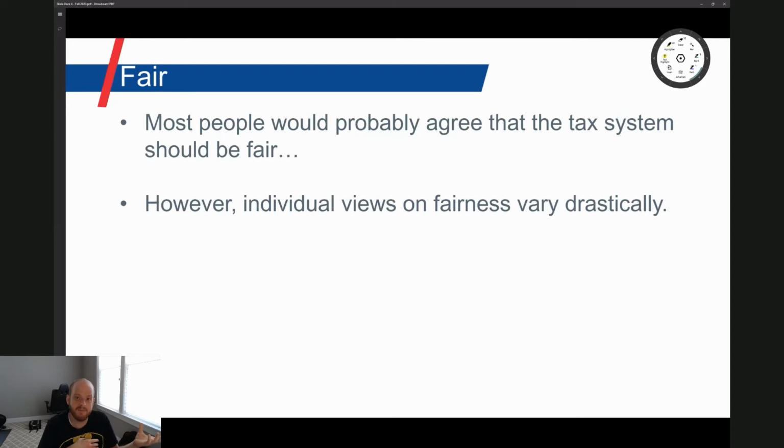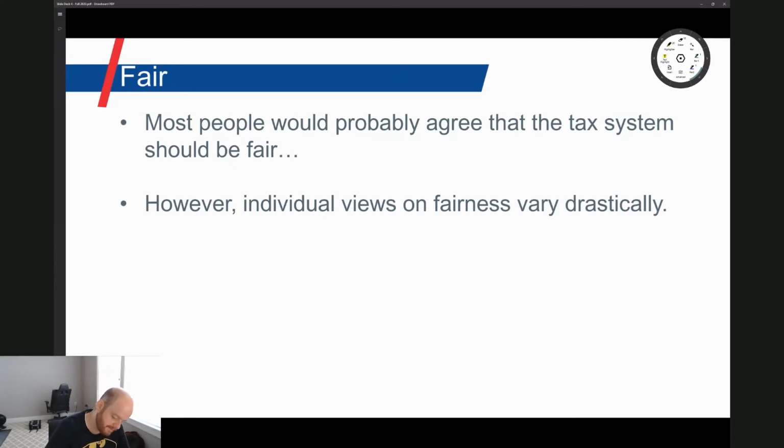If you're a classical economist, you think that an efficient tax is one that should not distort behavior. If you are a Keynesian economist, you believe that an efficient tax is one that distorts behavior in the desired direction, right? And in connection with that, we talked about negative externalities and tax preferences. So now we're going to talk about the final piece of this good tax puzzle, and that is fairness. Now most people would argue that a tax system should be fair. But what is fair depends on who is arguing fairness.